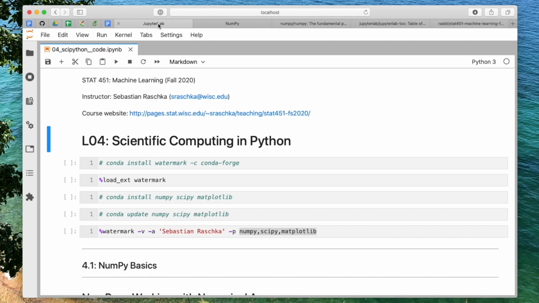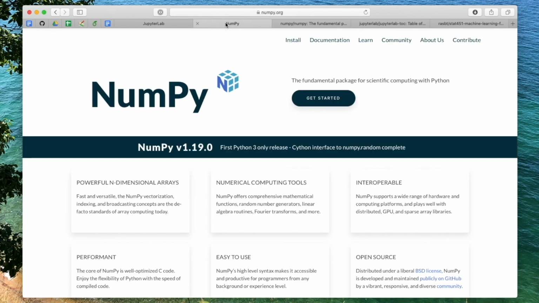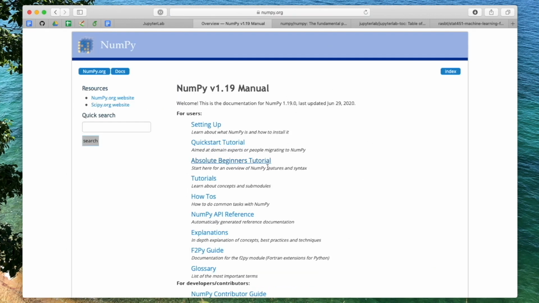Something else I wanted to say is, this first lecture will be about NumPy, and you can also find more information about NumPy on the main NumPy website, because the notebook that I created here is just a very basic introduction. So if you want to learn more later, you can also consult the official documentation here, which has all the necessary details.